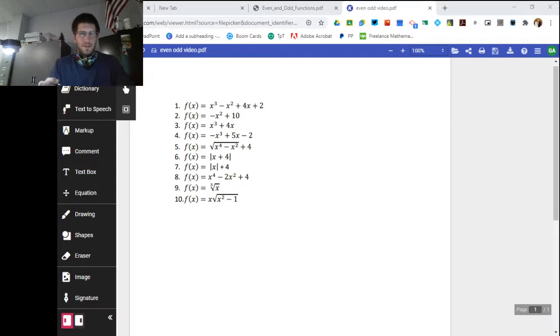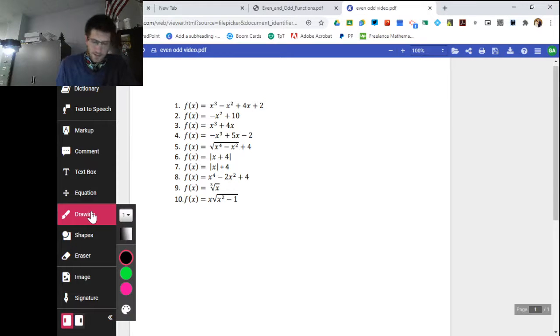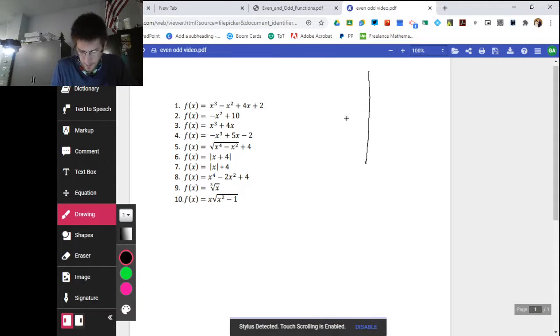Alright, so this video is going to be just a quick video on even and odd functions and how to determine if a function is even or odd. So let's first go back to the idea of a graph. What does an even or odd graph look like? So let's start off with a basic even function,